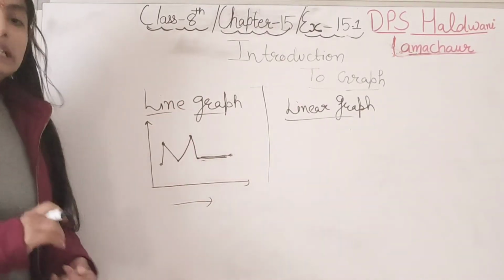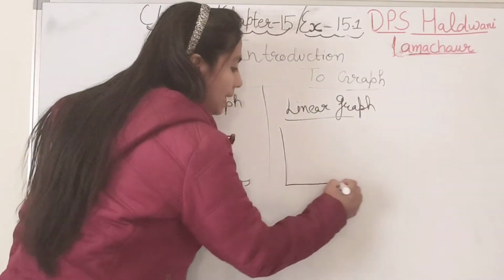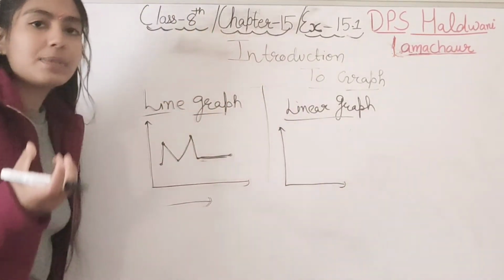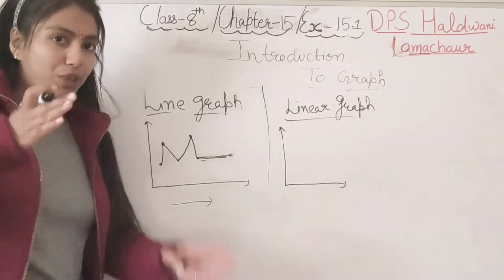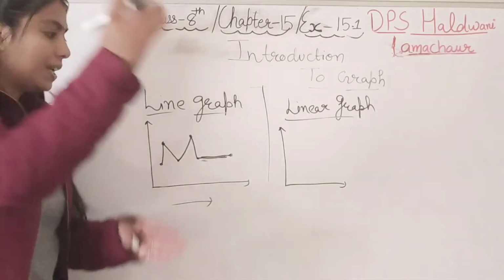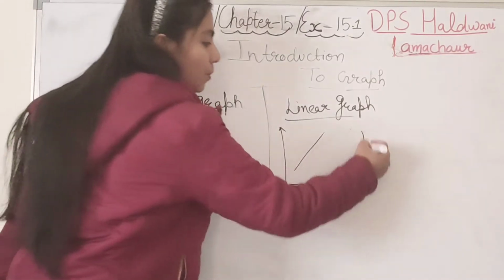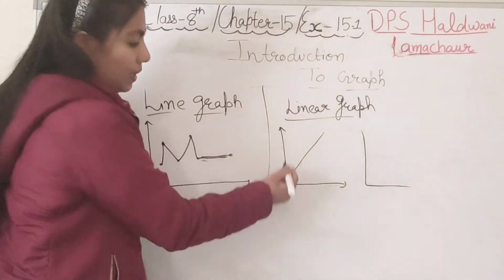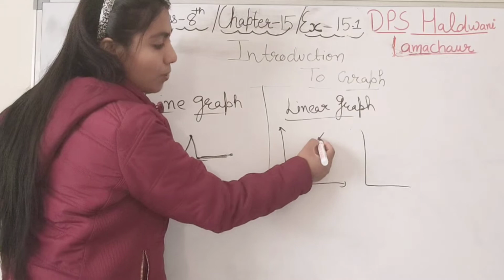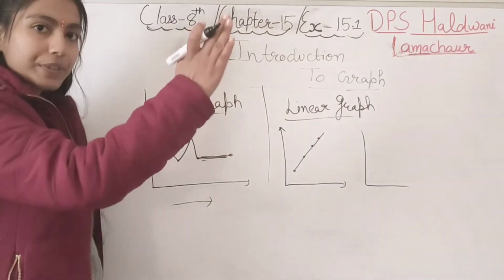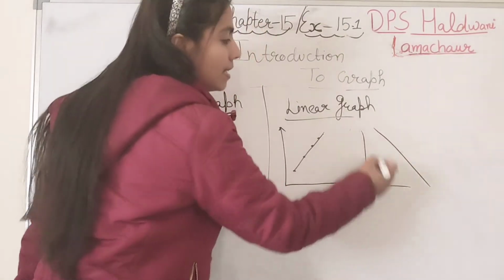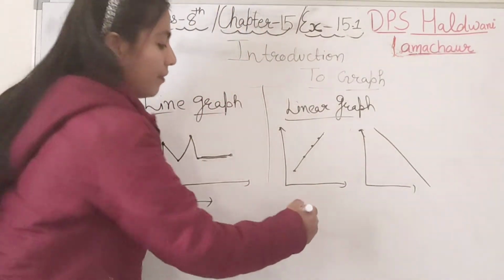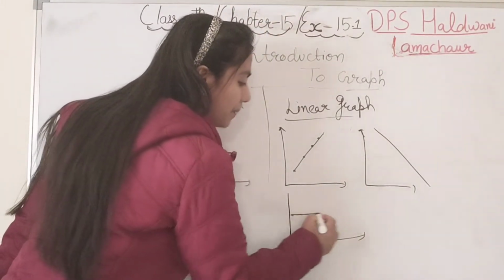Now what is called a linear graph? Linear graph, student, linear. As you know, in science you have studied a topic, linear, in a straight line. Whether it is increasing, it will be in a straight line only. If it is increasing, then constantly increasing only. See, here are also points constantly increasing. So this is called a linear graph. If constantly decreasing, so this is also a linear graph. Or stable also you can say at the same point.